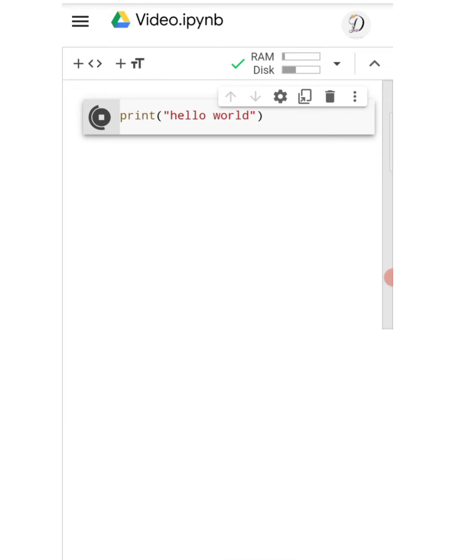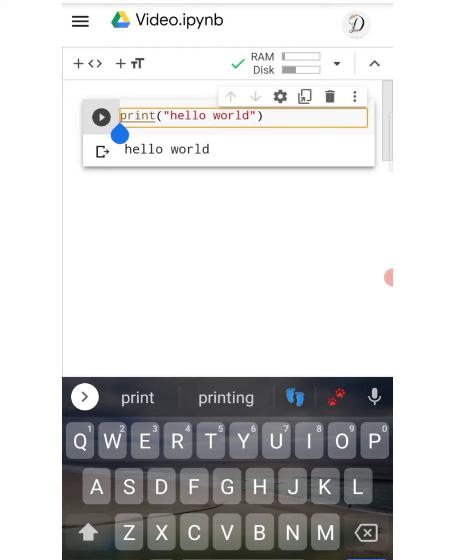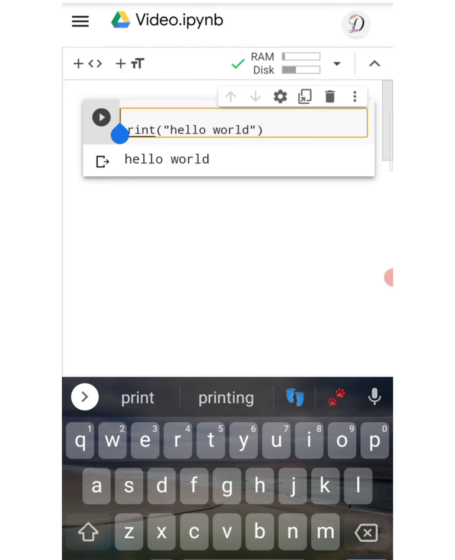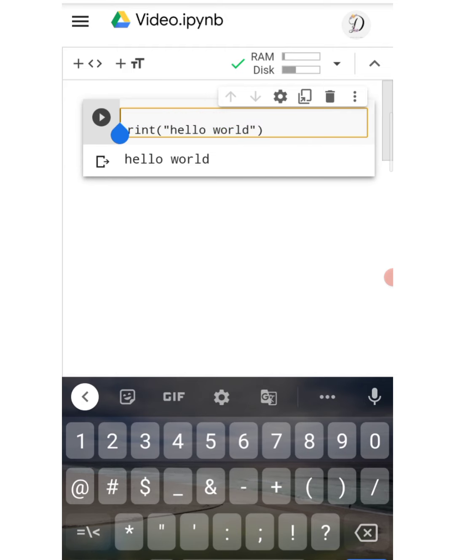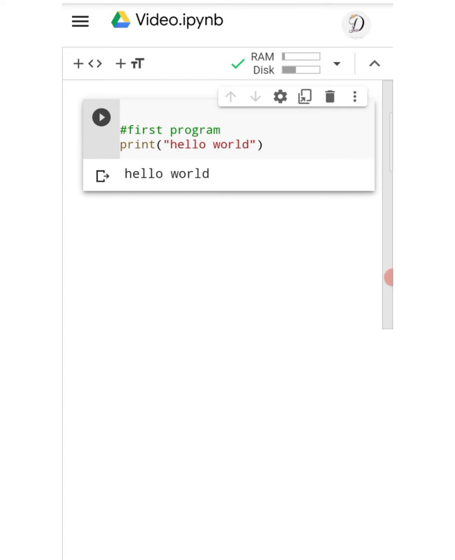So now we just click this button and we will have the execution part of this hello world. In this same code we can also use the concept of a comment. That is, we are using the comment here, "first program". So we executed that. We don't get the comment printed, only the text message is printed.